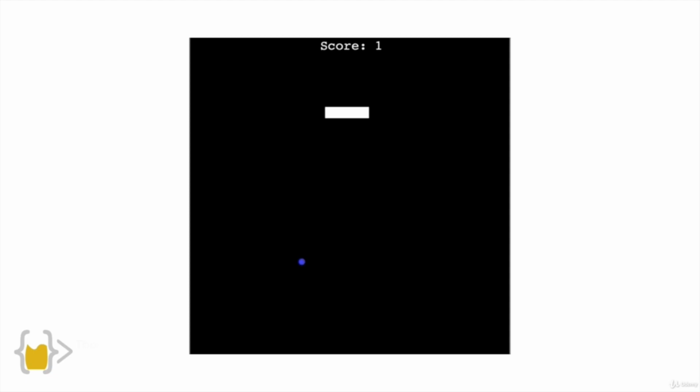Over the next 2 days, this is the game that we're going to build. A snake game that has a moving snake which you control using your keyboard, and it can go and get food, and then it grows in length as it eats more food, and you have to make sure that you don't end up getting tangled or hitting the wall, and the goal is to eat as much food as you